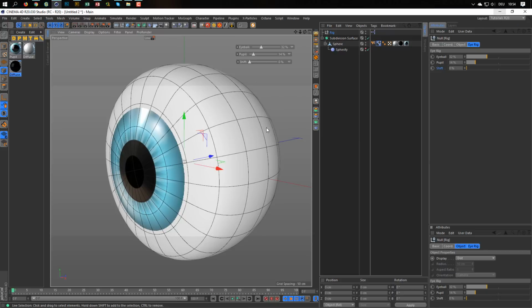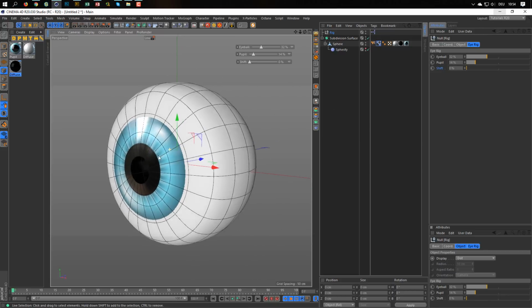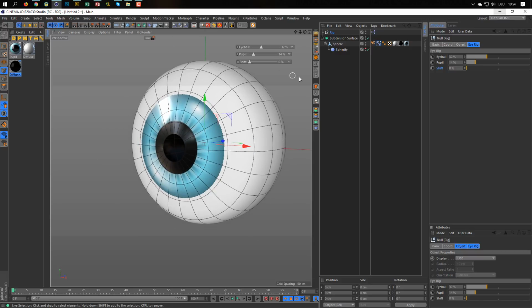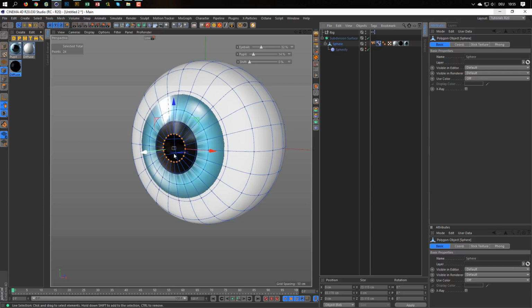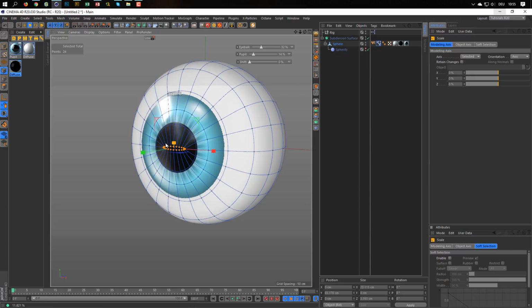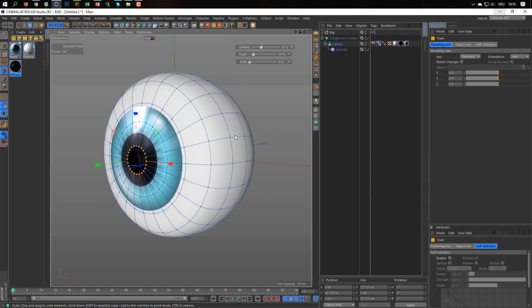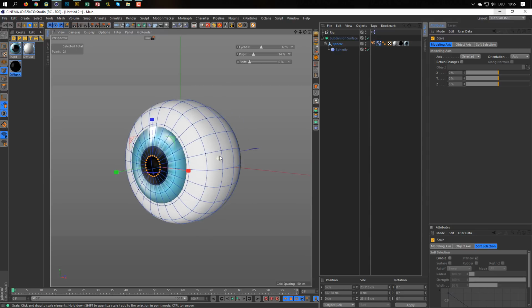And yeah, this blinking, what you see, you can do the blinking as well. So we make just another pose morph. Go to the check, make another pose morph and scale this down, and you can make a blinking pose morph and something else. So you can make everything. So you can, in the pose morph tag, add poses as many as you want.